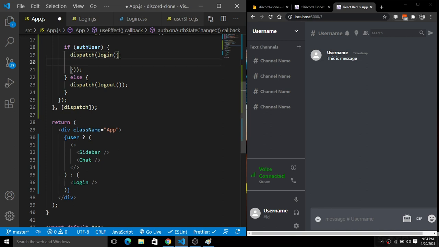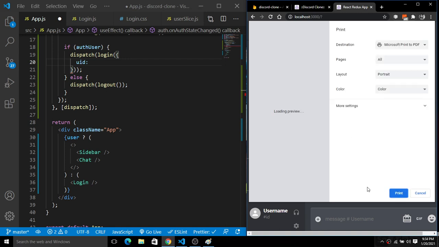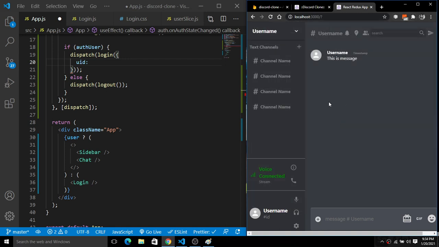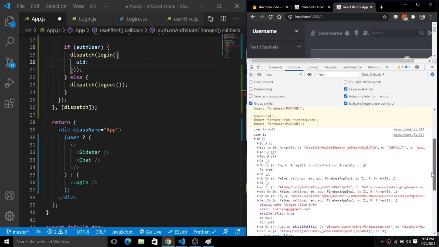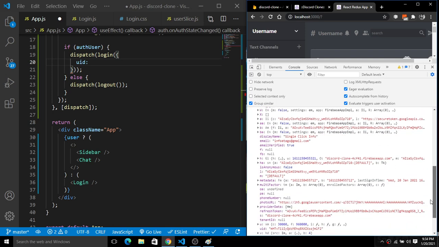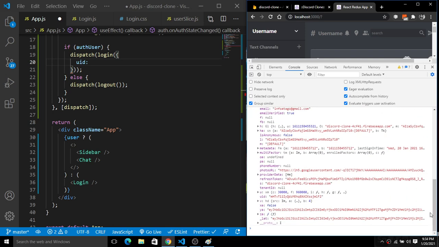For here I will use UID, which is a unique ID. Let me show you a unique ID inside of this console. As you can see here is the UID.